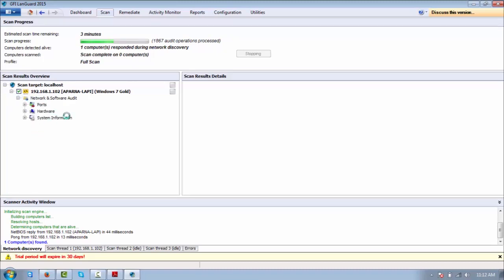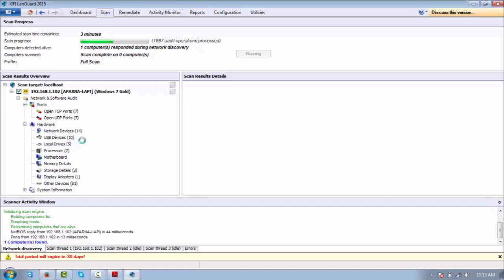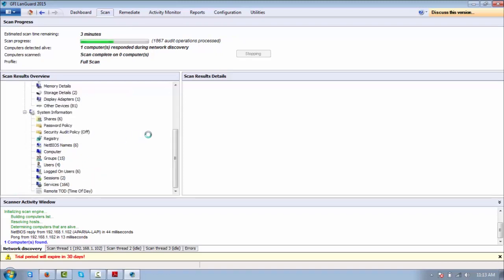So you got the detail showing the IP 192.168.1.102. The system name is Parna-Lappy. This Windows 7 Gold is working on the particular system. Number of ports we can see here: TCP 7 ports are open and UDP 7 ports are open. Hardware detail: networking devices 14, USB devices 10, local devices 5, processor 2, motherboard, complete detail, system information, 6 shares, password policy, security policy is off, registry, NetBIOS name, computer group,